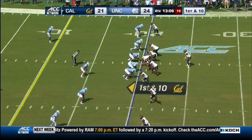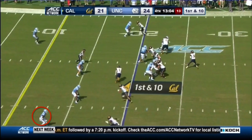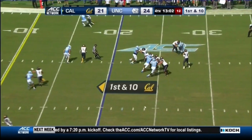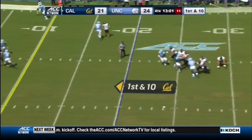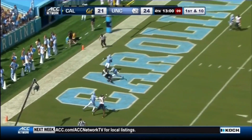But what it's also going to do is it's going to occupy 9 of North Carolina's defenders on one side of the formation, and it's going to leave the 2 remaining receivers in the quads one-on-one against their DBs. And from this point, it's just up to Bowers to make a nice throw outside and over the top of the guy covering Jordan Duncan, and Cal gets the touchdown grab and seizes the momentum that they need to win